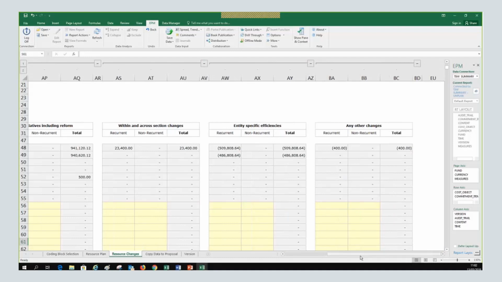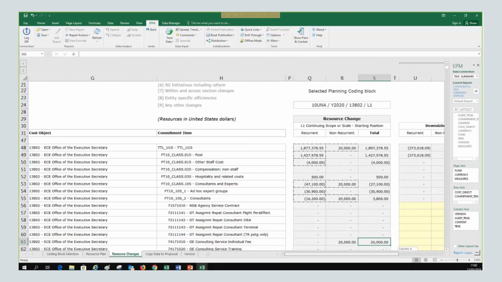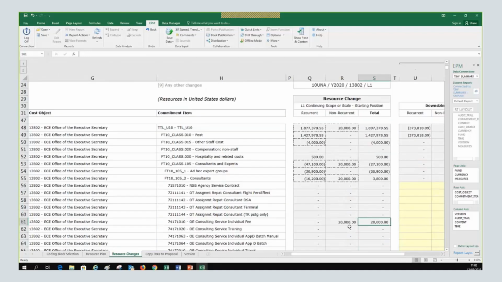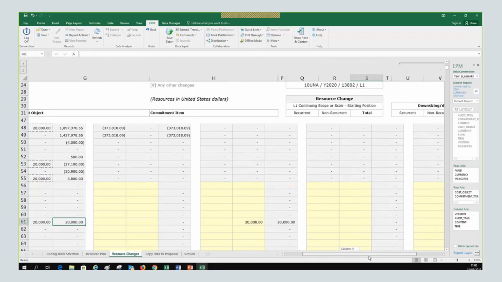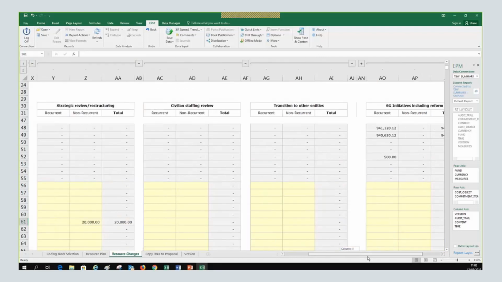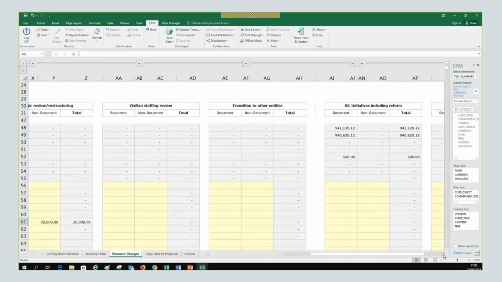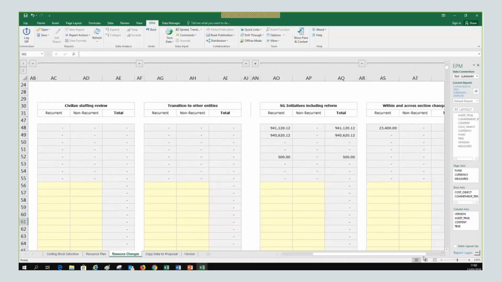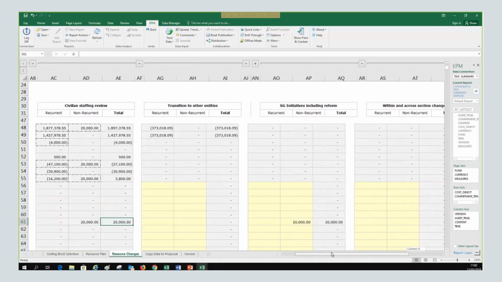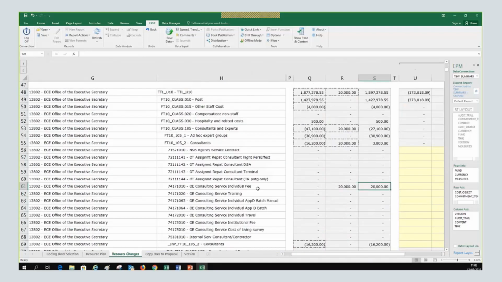So you see, the first area is the amount and the changes that you entered, 20,000. And the only thing the system is telling you is, please tell me if this change is because of civilian staff review or structure transition, and put the amount that belongs to every reason. This relates to a question we got from someone.